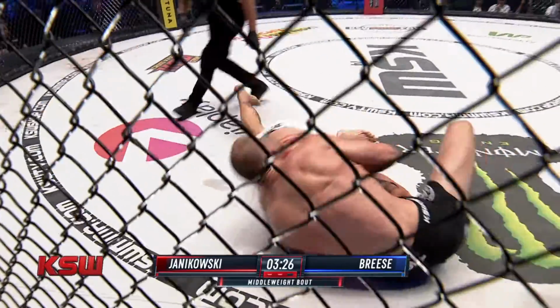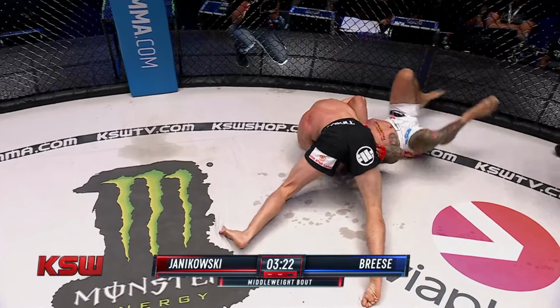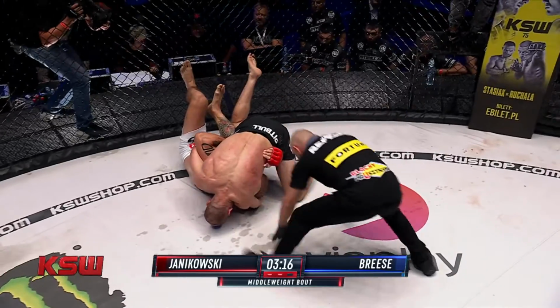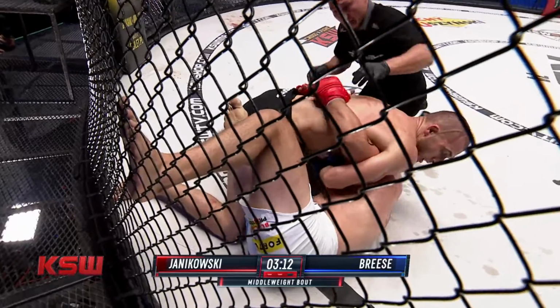Has he got the guillotine here? Trying to get those long legs over, and he's caught Janikowski, but he's got enough power to strangle. He's really levering. Janikowski defending with that right leg. This is submission territory. Thomas Bronda looking very closely now. We are in serious...